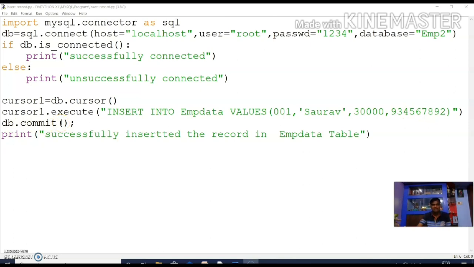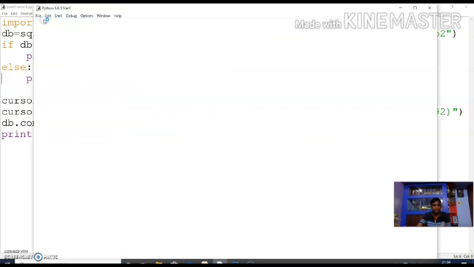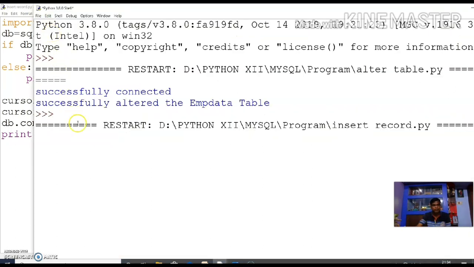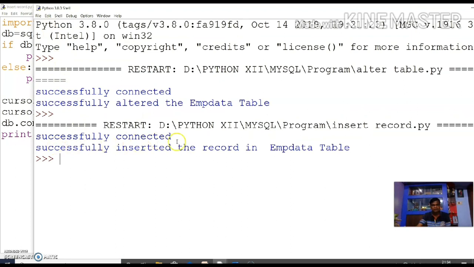Any changes you want to make in the database, you have to write the commit function. I execute this. Now you see that it successfully connected to the database and successfully inserted the record in the emp data table.